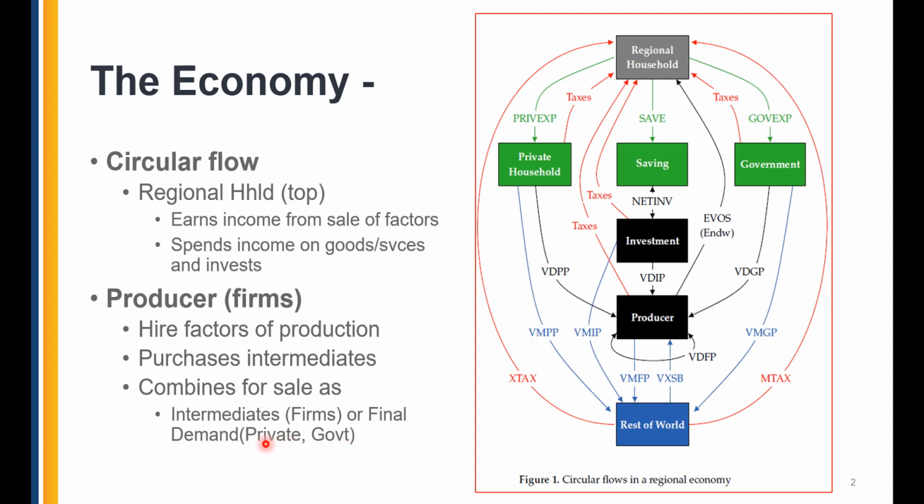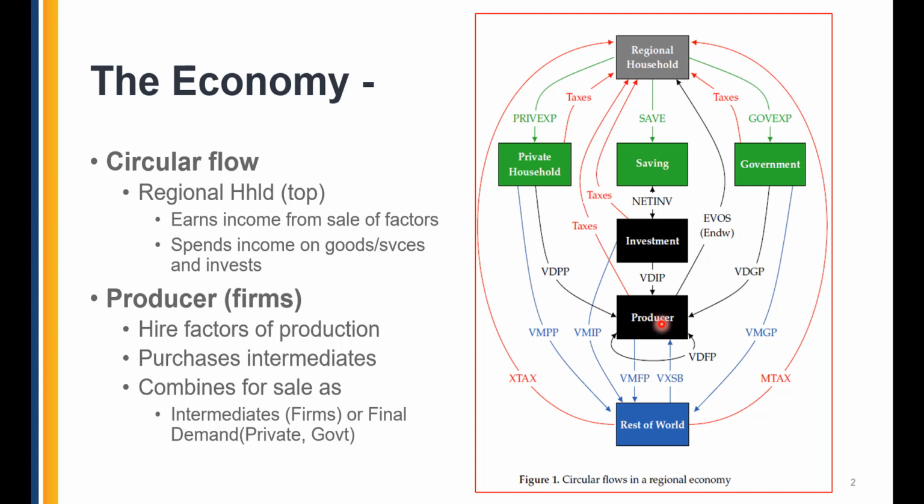And those could be purchased in final demand, either on the private side of the regional household or the government side. And so that's the one final piece we'll look at here. This green block is where private households make purchase decisions as part of the regional household, and the government makes purchases as part of the regional household. So we're going to leave that demand side behind